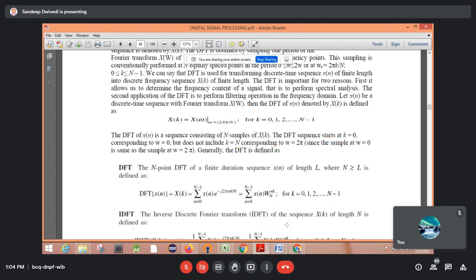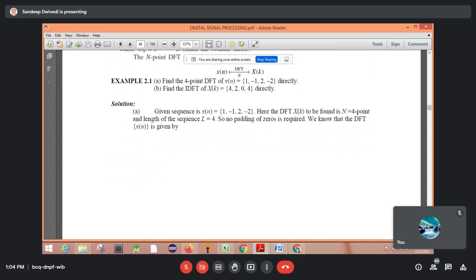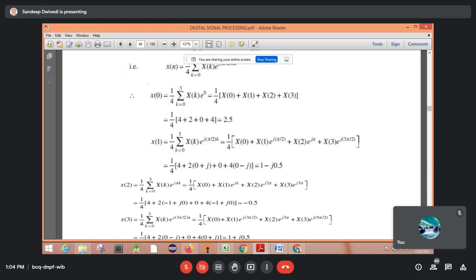Guys, are you following this? Is there any doubt? Is there any difficulty in this? So what will be the matrix you will get from this? Yeah, so this is the way you can calculate the 4-point matrix.